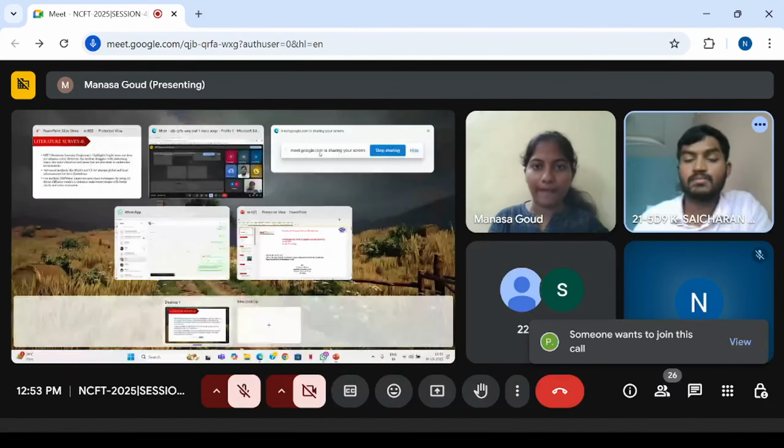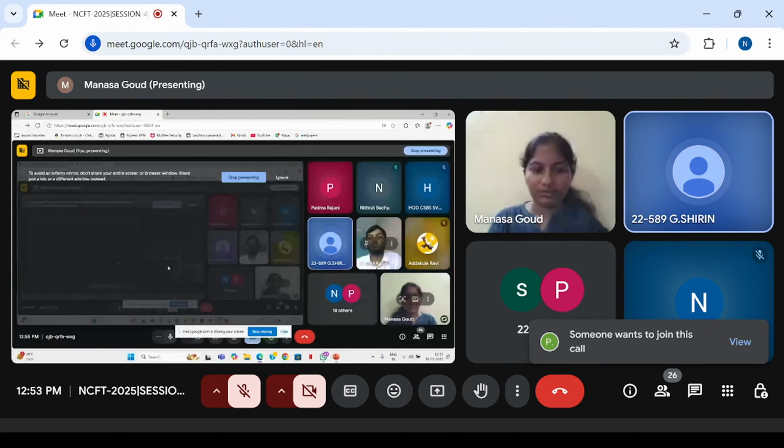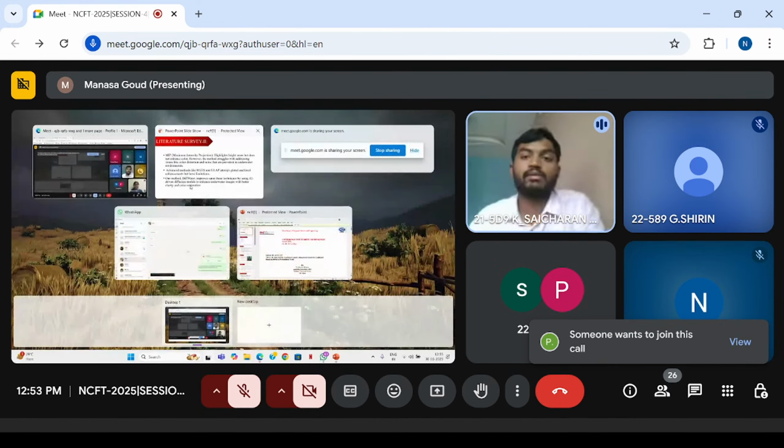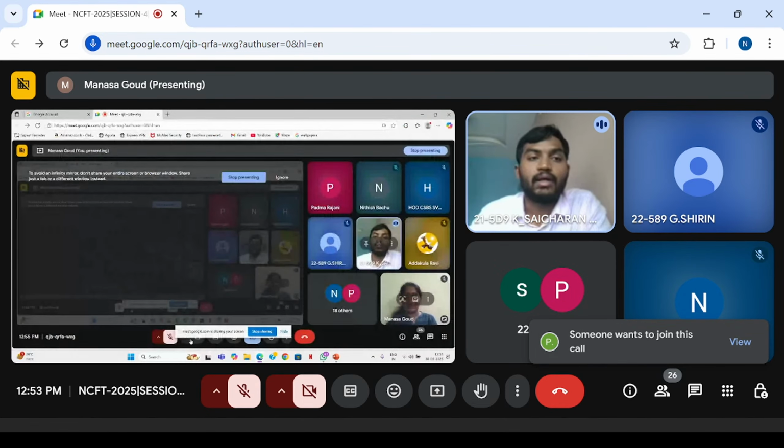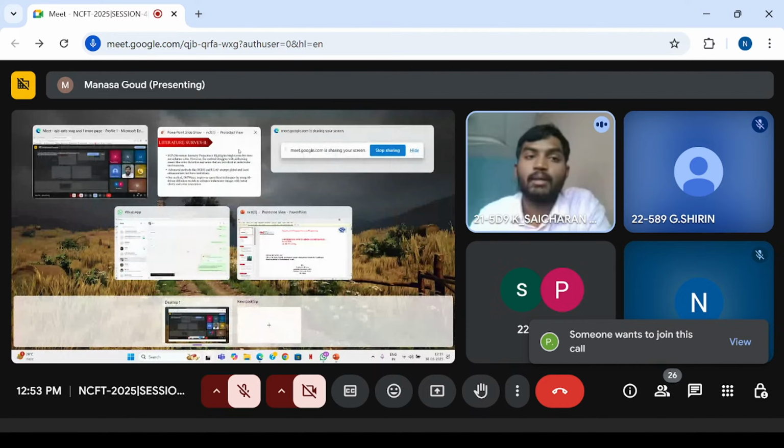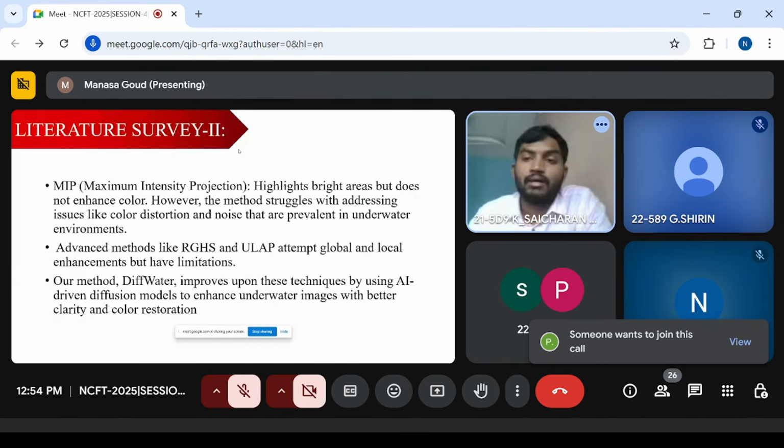Yes, you're audible. Please continue. So for existing systems, we use methods like CLAHE, DCP, MIP, and RGHS, ULAP. Here CLAHE stands for contrast limited adaptive histogram equalization. It basically increases the contrast and divides the